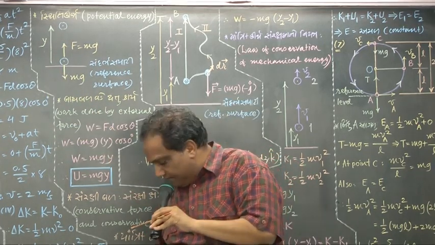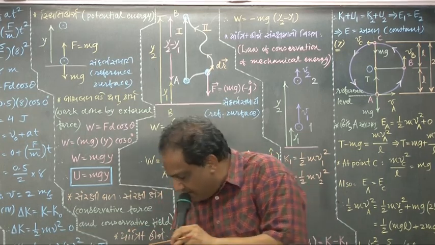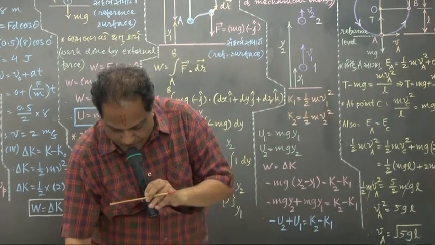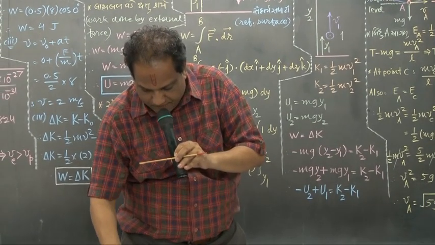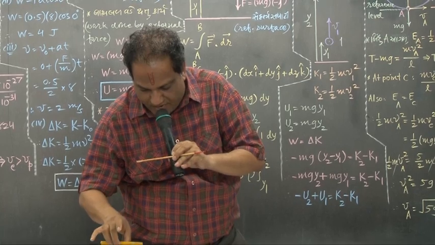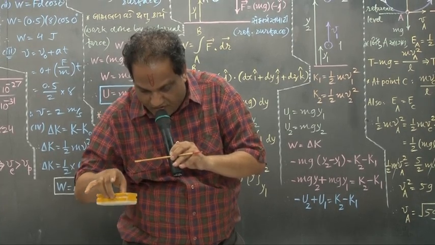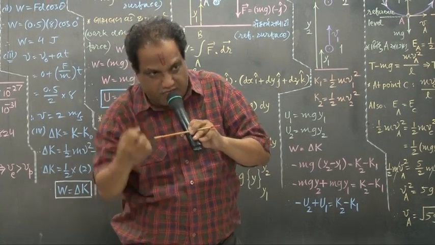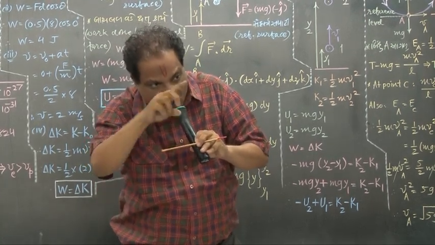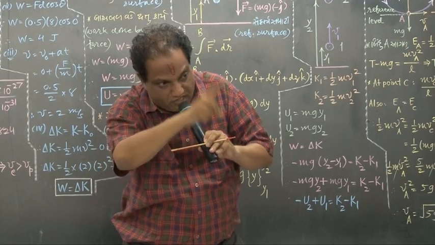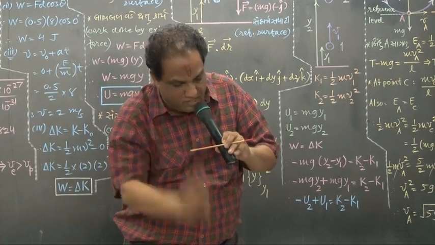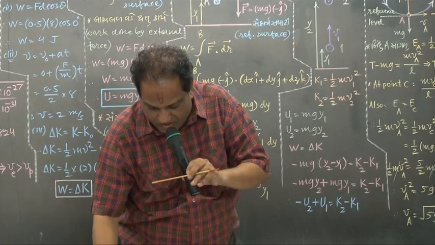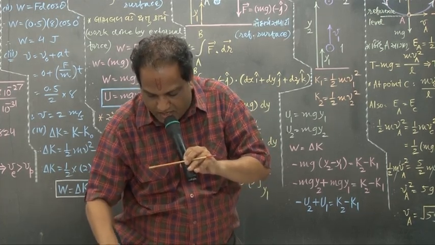Because I am applying an equal but opposite force, look, during the motion what will happen? What is the vertically upward force? Mg. What is the vertically downward force? That is also Mg. So Mg minus Mg, the resistance force is 0. When the resistance force is 0, acceleration is 0. When acceleration is 0, velocity is constant. And whenever you are moving the body with constant velocity, it is said to be under equilibrium.